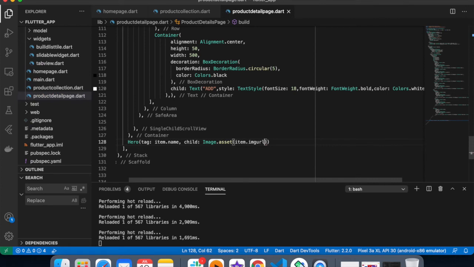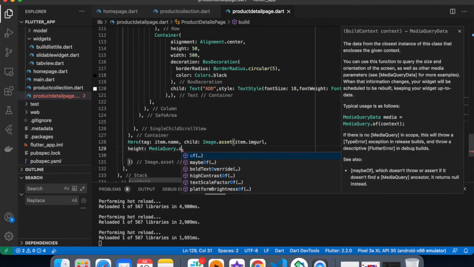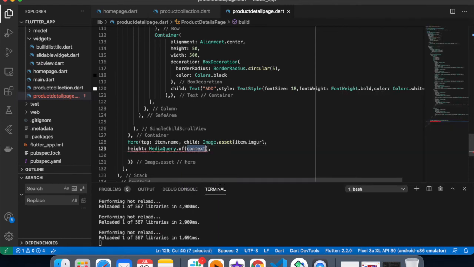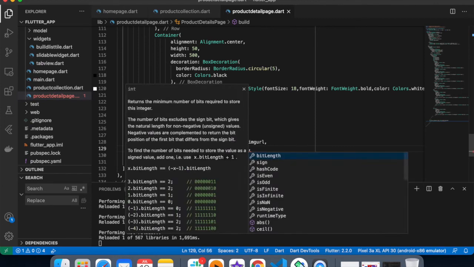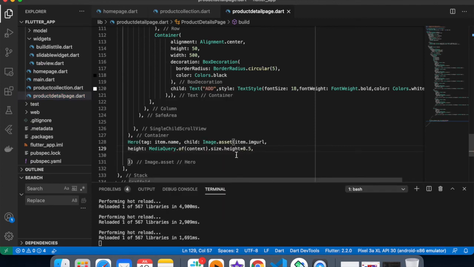And now we have to decide the height and width of this. So the height equals to, I want 50% of height to be taken by this hero widget. So size.height multiplied by 0.5 to make 50% of the height, and width is also taken.